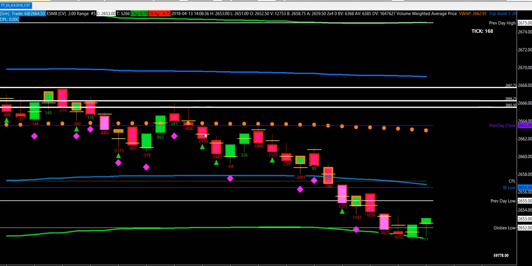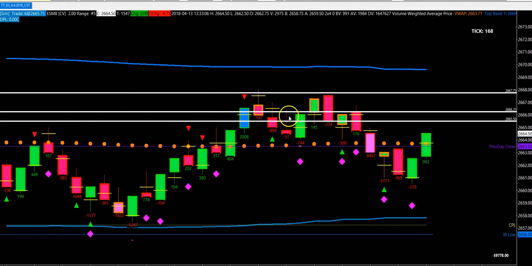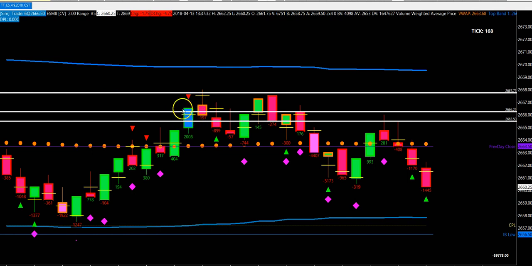So I'm going to show you that roll down, what it actually looked like. I apologize. This is where I want to focus on, right? So you'll see we had a huge push. This bar tells me that we had a very high amount of delta. That's what the blue is, a very strong delta. I got a stack of deltas pushing in, which often leads to a reversal, right?